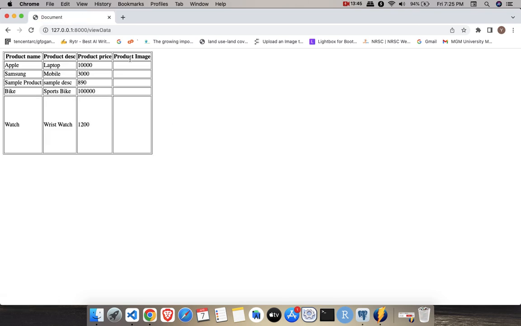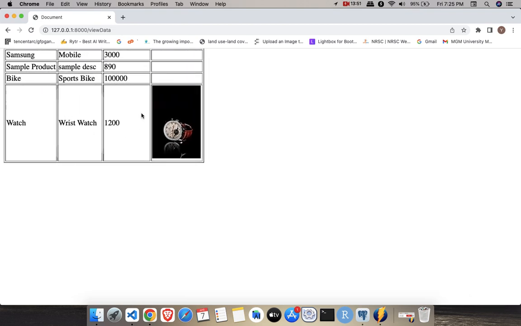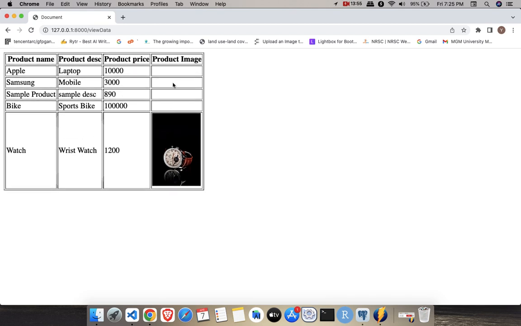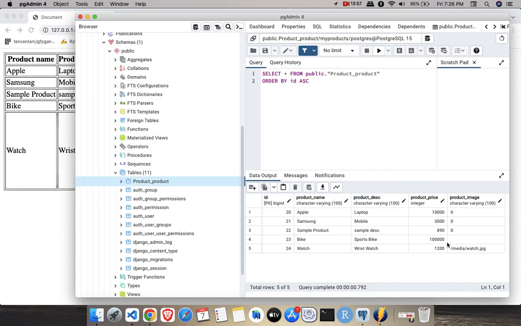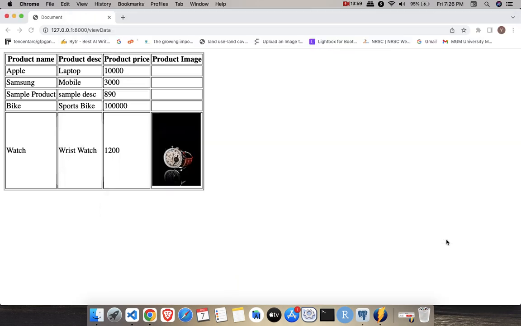View data. Okay, so it is showing the image for the last option, because only that product has an image available, and for the rest, if you see the database, there is no data available, right? So it is showing the image. So we have successfully fetched the data from the database, and we have successfully uploaded the image in the database